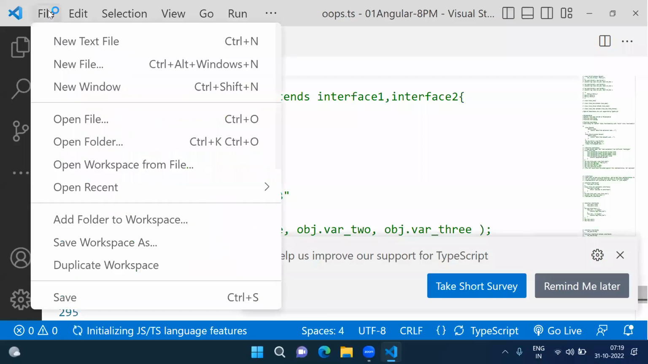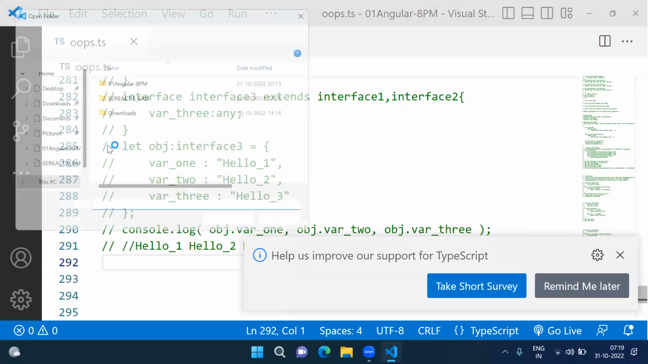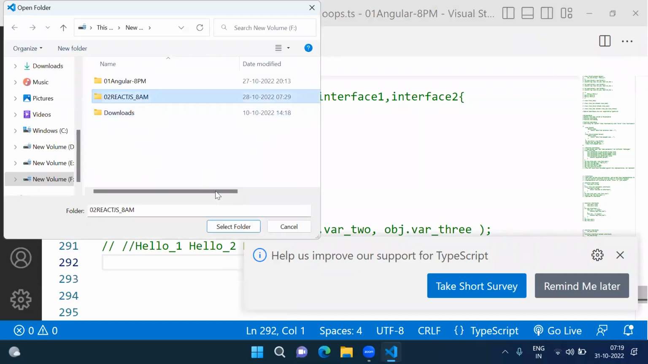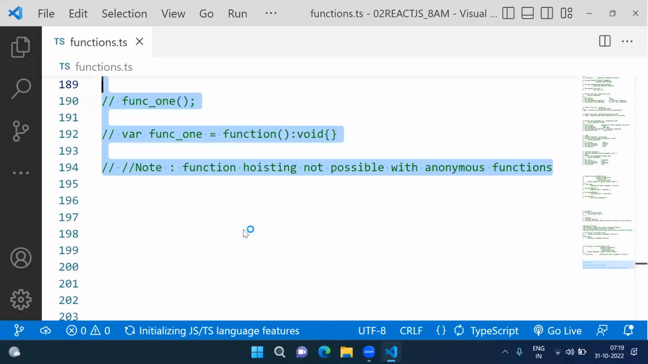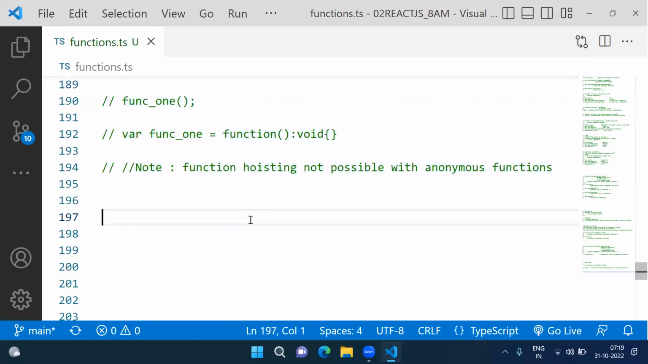Open Visual Studio Code, File, Open Folder, 02 React.js. The function without a name,